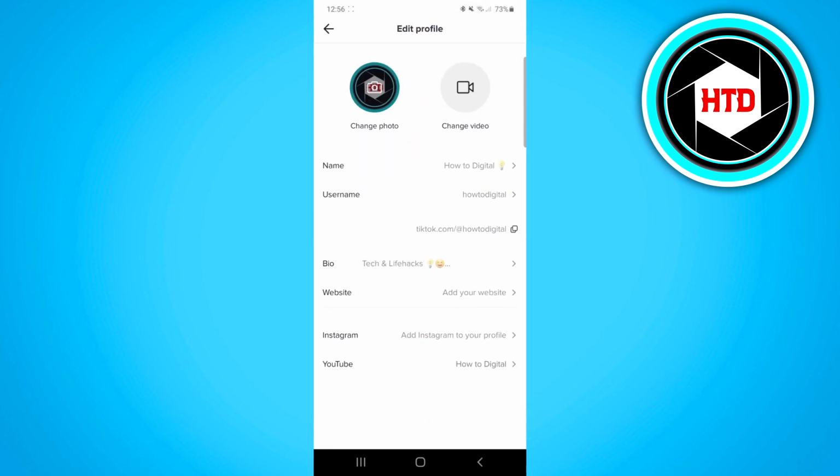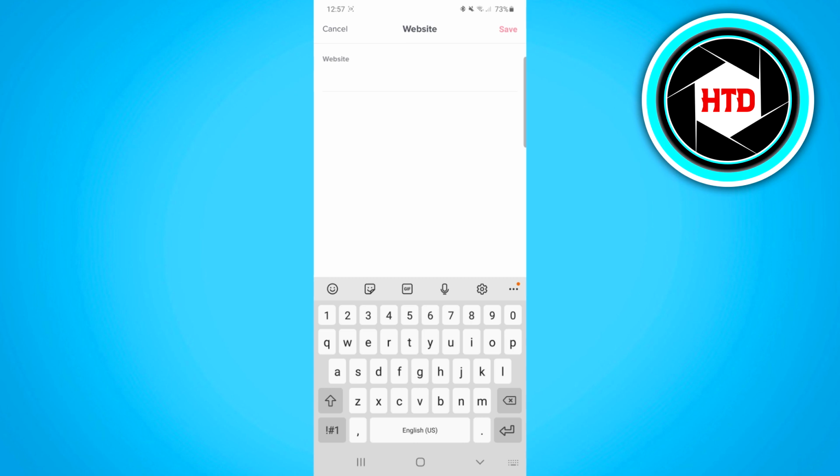Edit profile right there, and then as you can see right there, you'll see Website. So right there it says Add your website. You want to click on that, and then right there you can put in a website. So you can put in like www. Let's say youtube.com